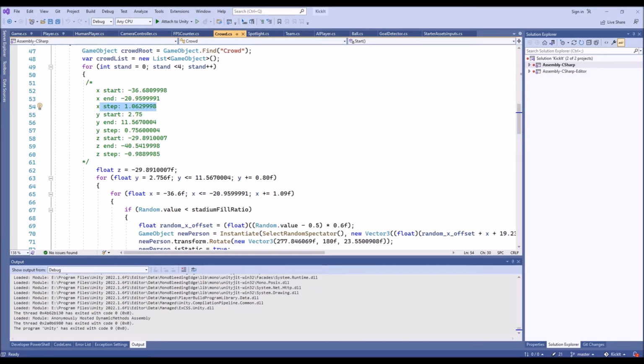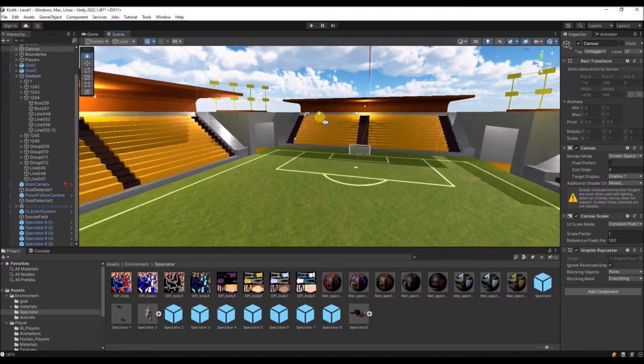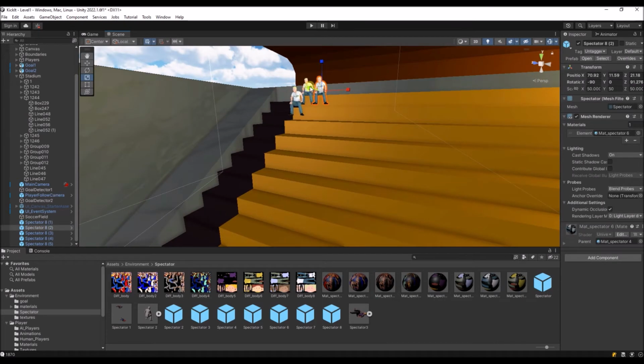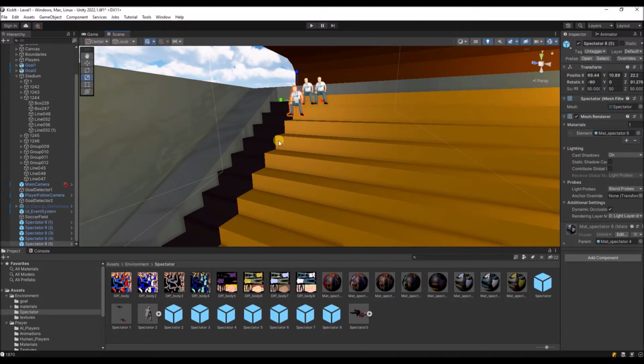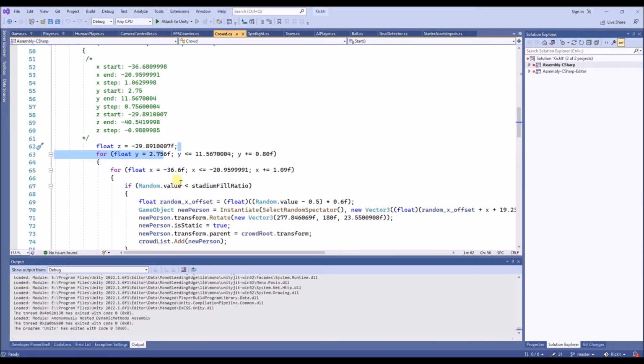So the step is the value between those two. So that's the step for the x value, and for the z and y value this is the step. And we use these steps in these for loops. So over here is the step,